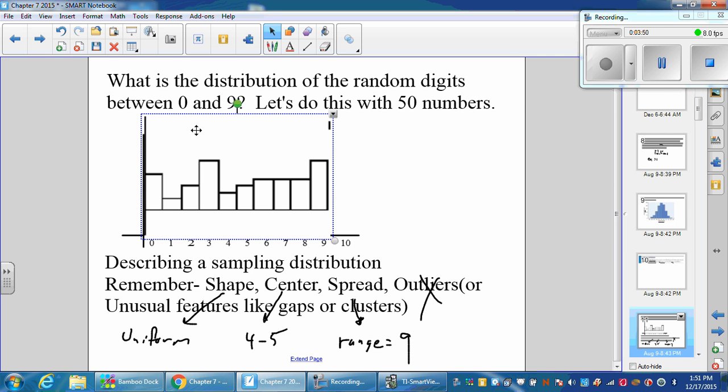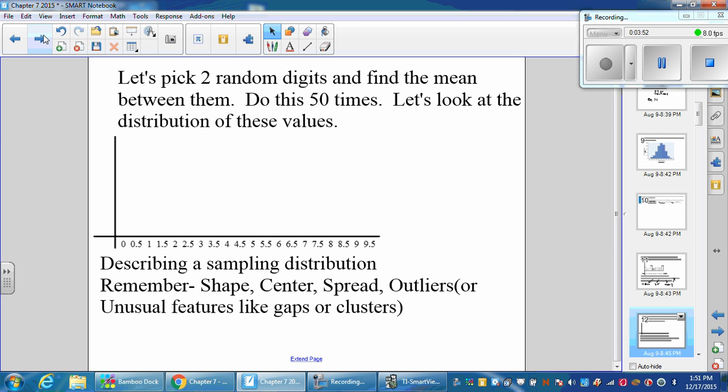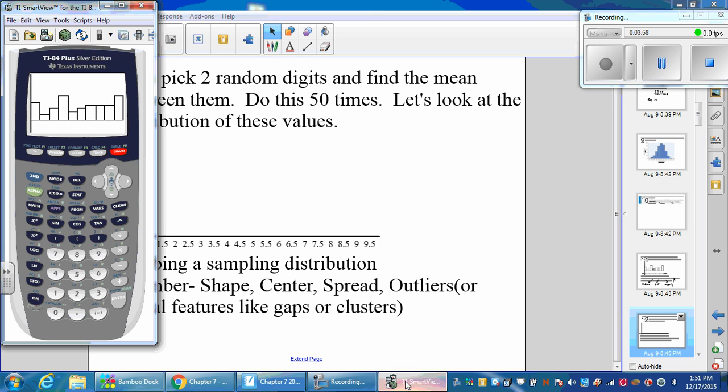So this is just one set of numbers. Now let's say we picked 2 random numbers and found the mean between them and did that 50 times. Let's look at that distribution of the data. So what I did is I put this data in L1 and I did another list in L2 and found the average of them by adding L1 plus L2 and dividing by 2. When I do this, if I look at the stat plot of this one, now I have this in L3. If I graph it,